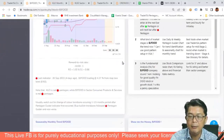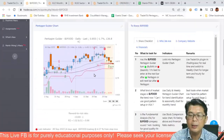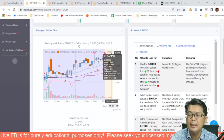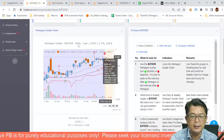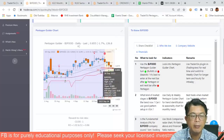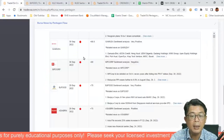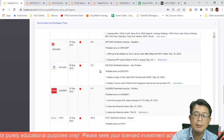S1 in here, if you have S1, R1 is 102, your target profit about 102, somewhere around here. I think you can just extend this, you can see the chart in here. So everything is very interactive in here. So it does look like nothing much. So one of the best ways to pick up some of these